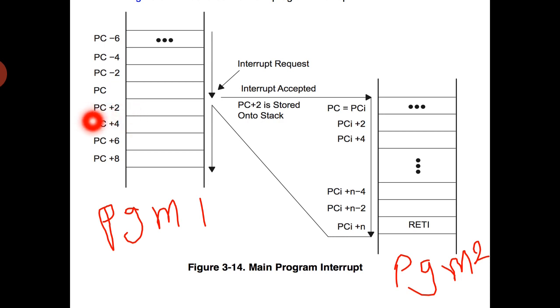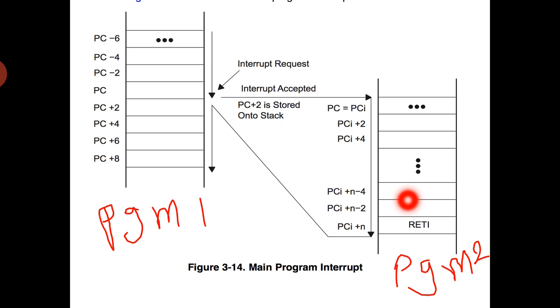Okay, so when the next instruction address is stored into the stack, the program counter will be updated with the second program's first instruction address. Now the processor will execute program 2. All the instructions present in program 2 will be executed sequentially. Once the program 2 execution is completed, then